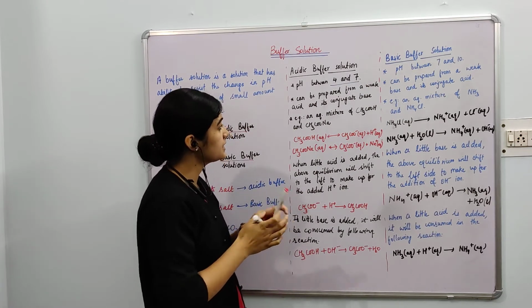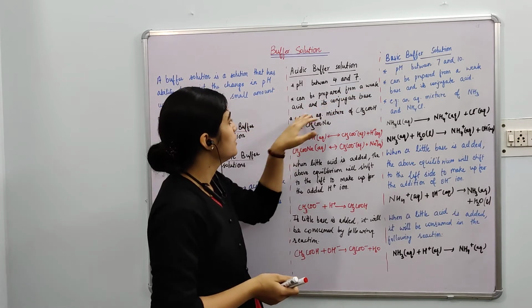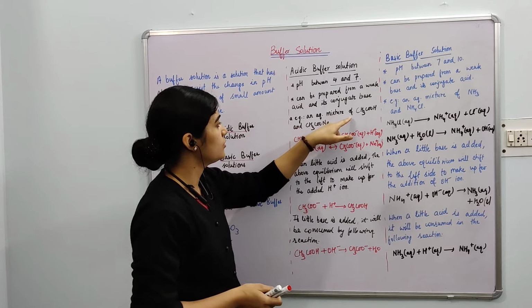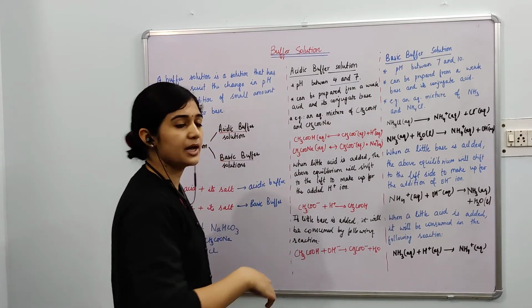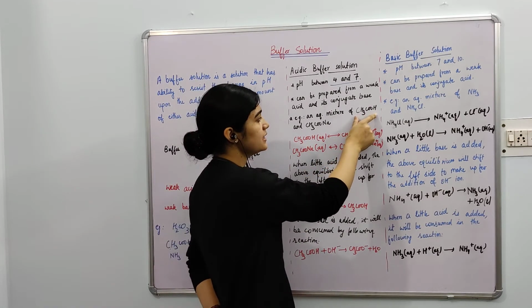These can be prepared, this we have already seen, using a weak acid and its conjugate base. Let's take the example of acetic acid and sodium acetate. When you prepare it, you are taking an aqueous mixture. So when acetic acid is present in the mixture,